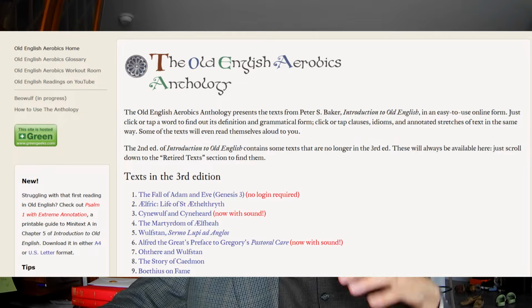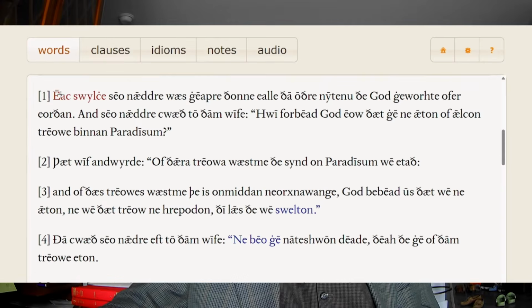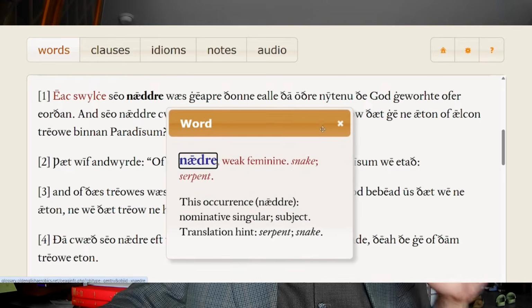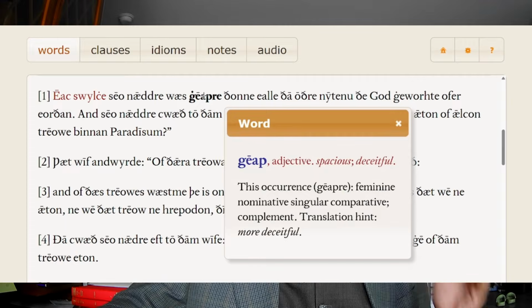Once you get this far, it's time to start thinking about what texts you're actually interested in reading. This is Peter Baker's online anthology of Old English beginners texts, and I highly recommend looking at these, finding one that you find most interesting, and trying to read it. The benefit of using a page like this is that every word is glossed, which really helps with speed of input. Again, your goal is not to translate these texts, it's to read them and to understand them. The less time you spend looking at modern English, the better.